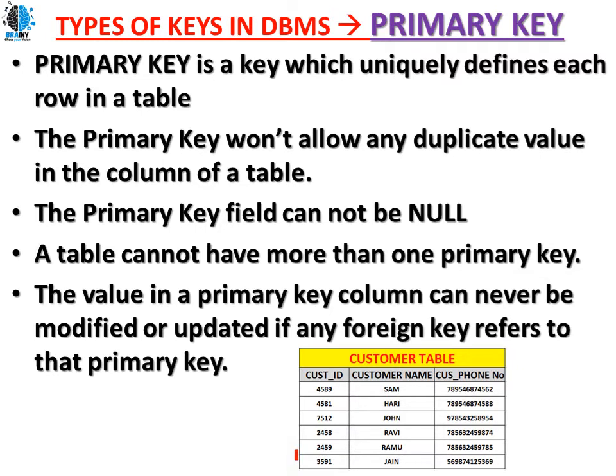Which is the primary key column? The customer id I'm making as a primary key column. So this customer id will become a primary key column, which will ensure that whatever data is entered into this customer table is unique. No data is duplicate. As well as you must enter the customer id, it should not be null. You cannot leave it blank.